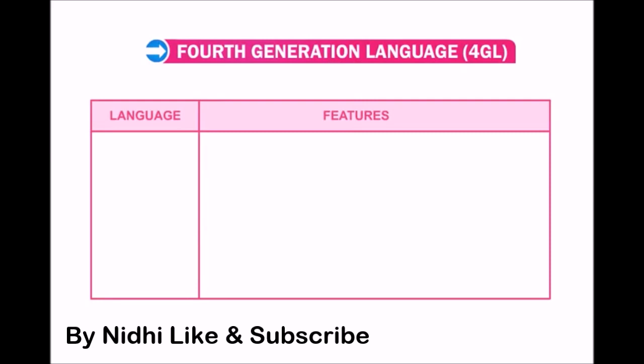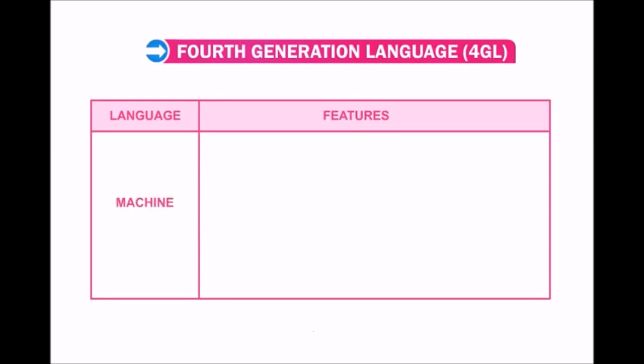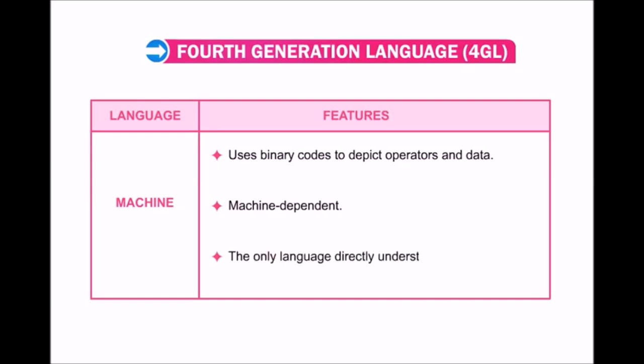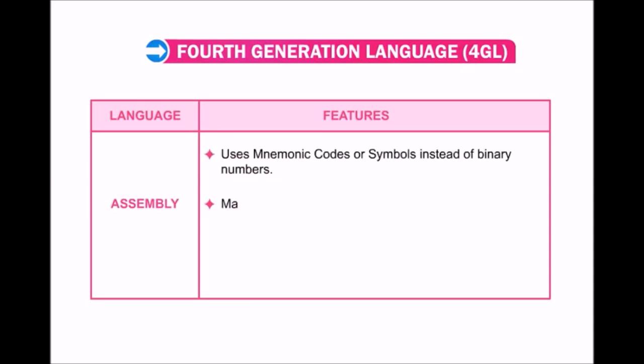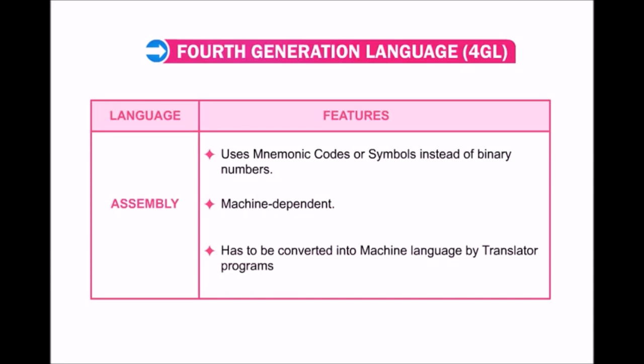Now, let us briefly sum up computer languages and their features. Machine language uses binary codes to depict operators and data. It is machine dependent, and is the only language directly understood by a computer. Assembly language uses mnemonic codes or symbols instead of binary numbers. It is machine dependent, and has to be converted into machine language by translator programs,